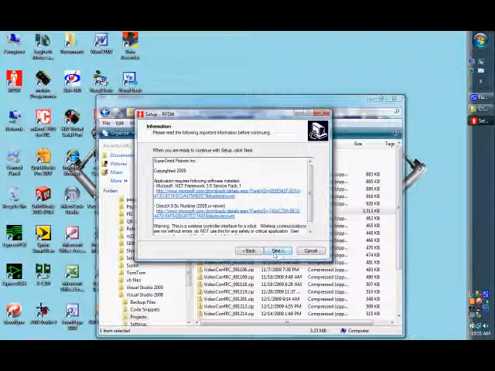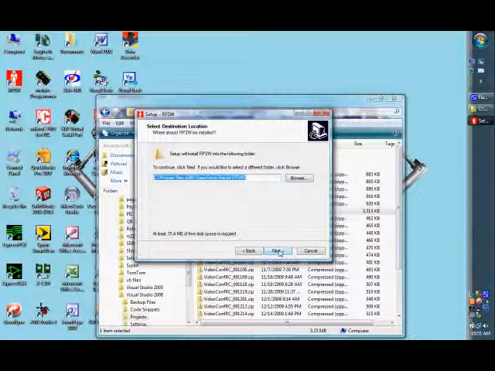move on to next. Now if your computer doesn't have the .NET 3.5 Service Pack 1 installed or later, or a DirectX 9.0C runtime or later, click on these links here and install them. We go to the next screen. It's going to say the default directory. It's up to you what directory you want to put it in, but we typically put it in the default